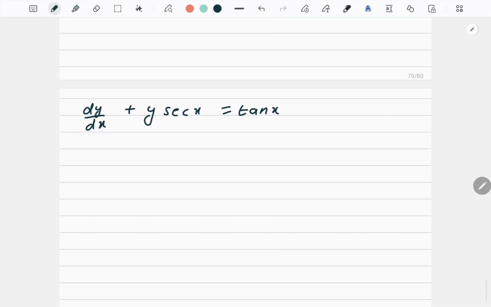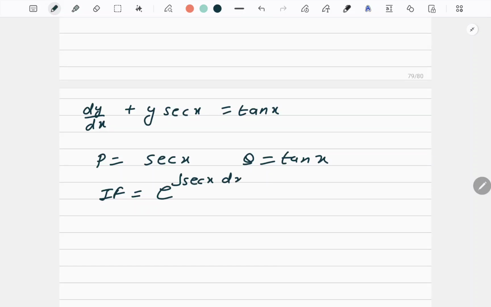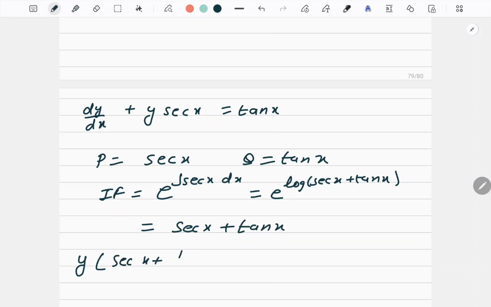Okay. Now this question is again a little bit tricky, but yeah, it will work. Now, what is p here? p is secant x. What is q? q is tan x. So what is the integrating factor? e to the power integral of secant x dx. So you should remember the integration of secant x. It is e to the power log of secant x plus tan x. And we know that e and log will be cancelled. So you are left with secant x plus tan x. So y into (secant x plus tan x) is equal to integration of (secant x plus tan x)